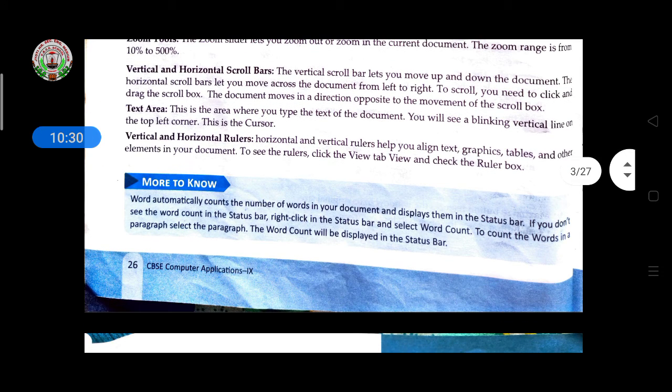Then the text area is where you type the document, where the cursor blinks on the left corner. Listen, if anyone asks on which side the cursor blinks, you have to answer only the left side. By default the cursor blinks on the left side of the window.